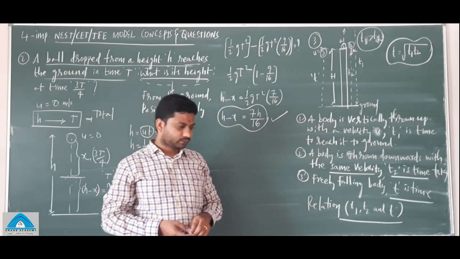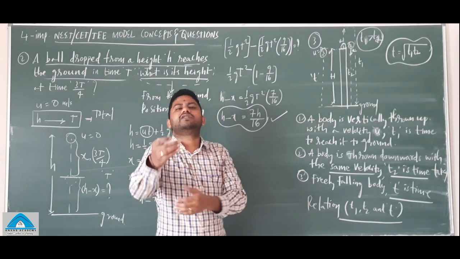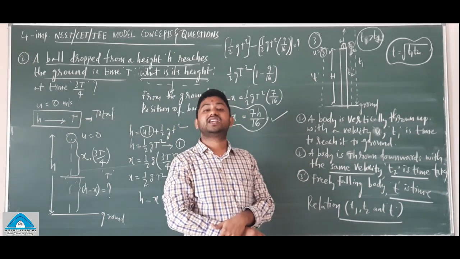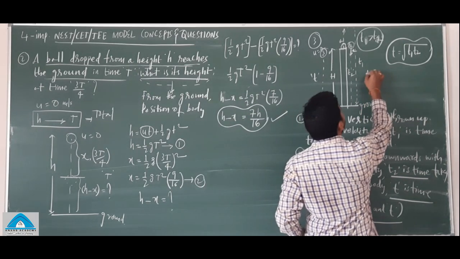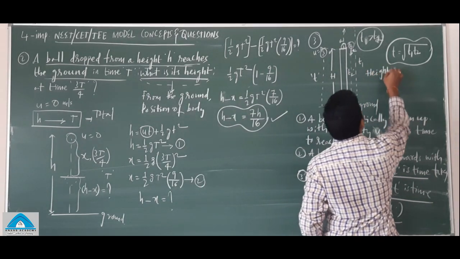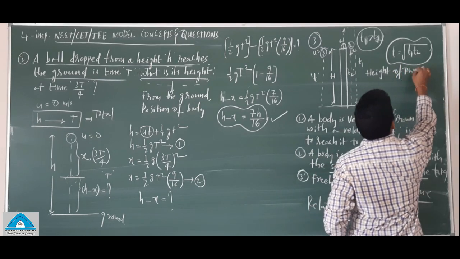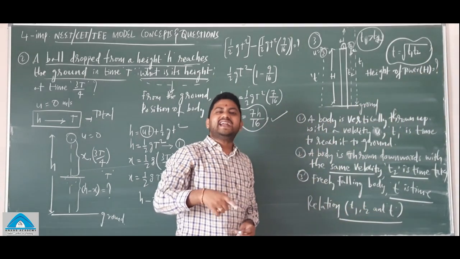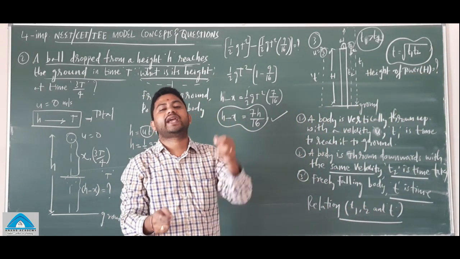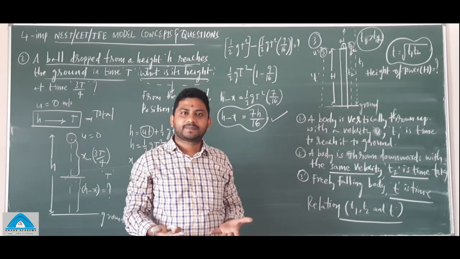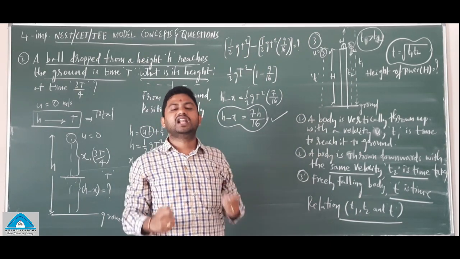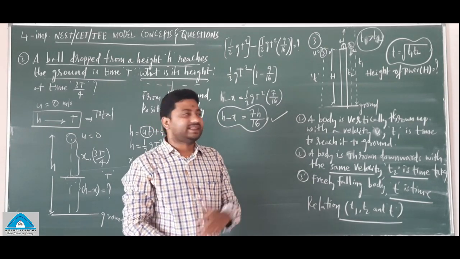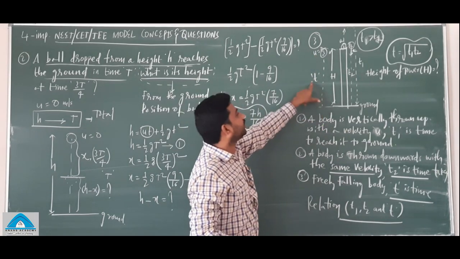Now, sometimes with a little advance we will do. Sometimes the question will be asked, what is the height of the tower? So the height of the tower we can find out. To find the height of the tower, it is quite easy if you take the freely falling body condition. Because in the freely falling body condition, initial velocity you can consider as 0. And the time taken by the freely falling body to reach the ground is t.